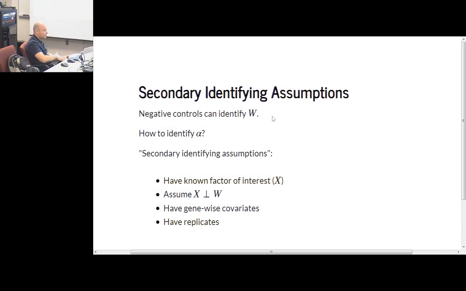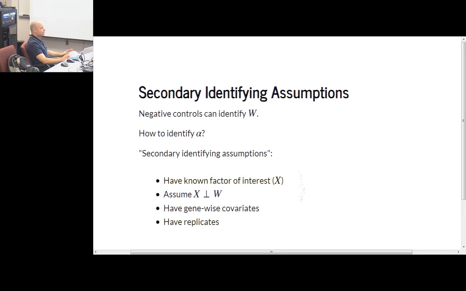In some cases, though, we won't have a known factor of interest, which might sound kind of weird. Like, what kind of analysis are we doing if we don't have a known factor of interest? What I mean by that is something like a clustering analysis,